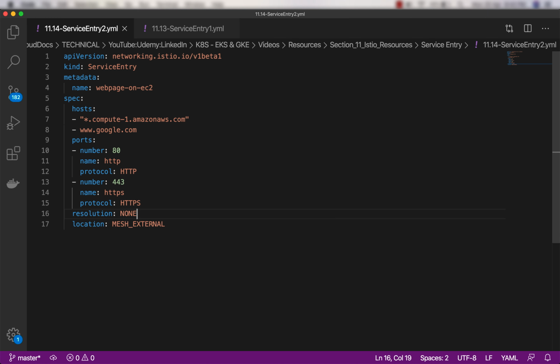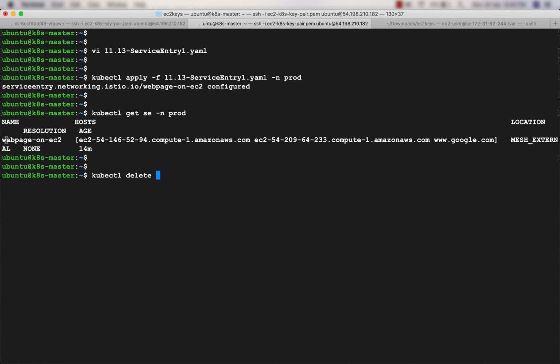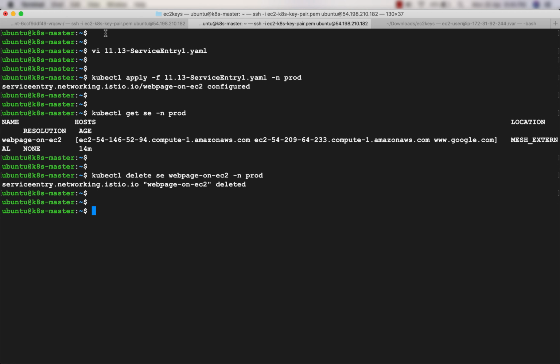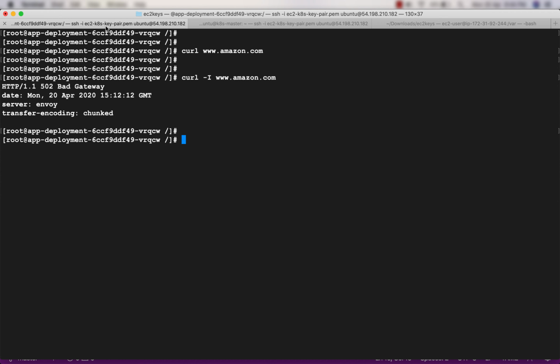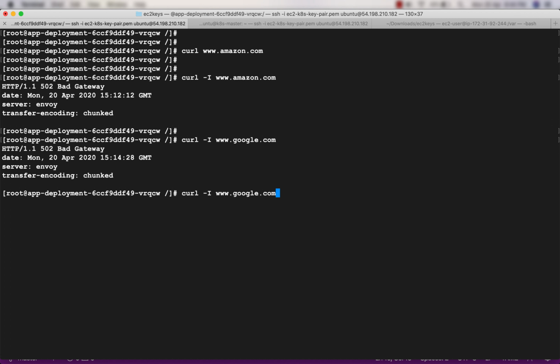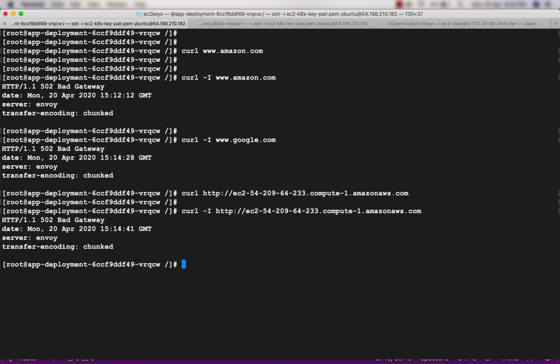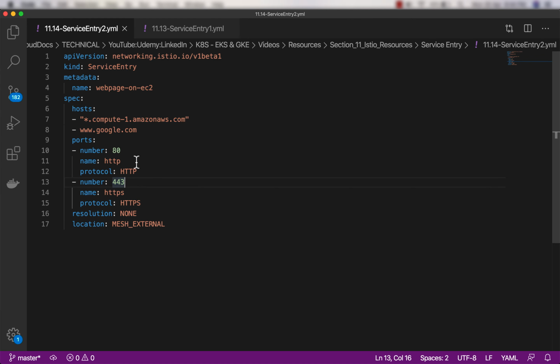But before testing this, let me delete this existing service entry, and it has been deleted. Now I should not be able to access any one of those. So Google will not work because I have deleted the service entry. Neither will this one. If you use -I, it is showing you bad gateway. So let me go ahead and apply this service entry, wherein we have wildcarded the domain name. But as I said, note again that the resolution has to be none here.